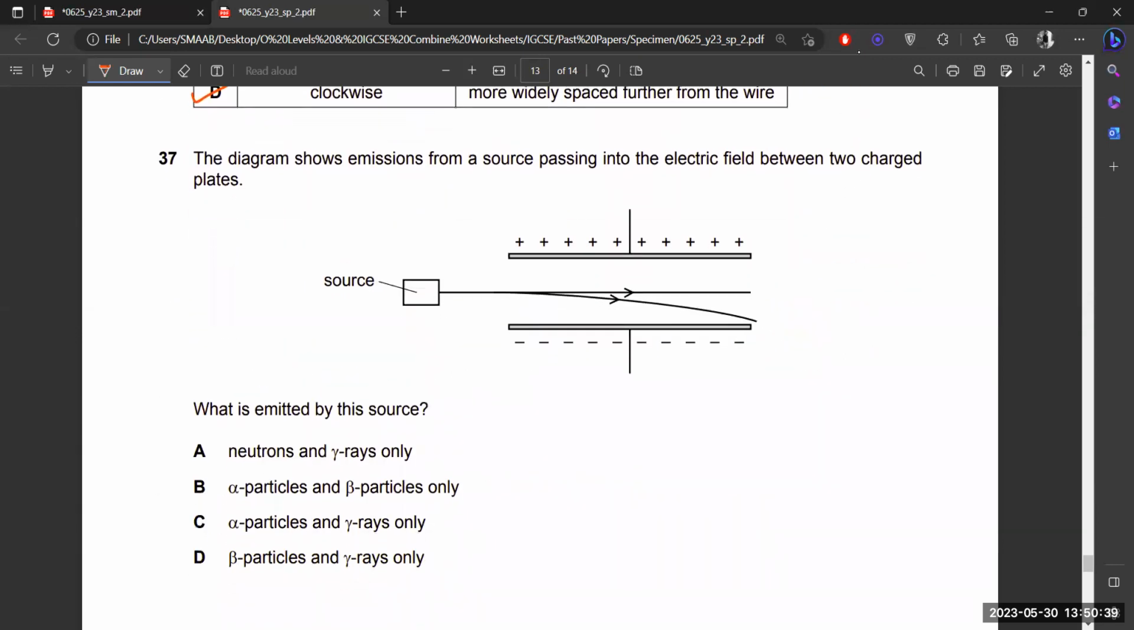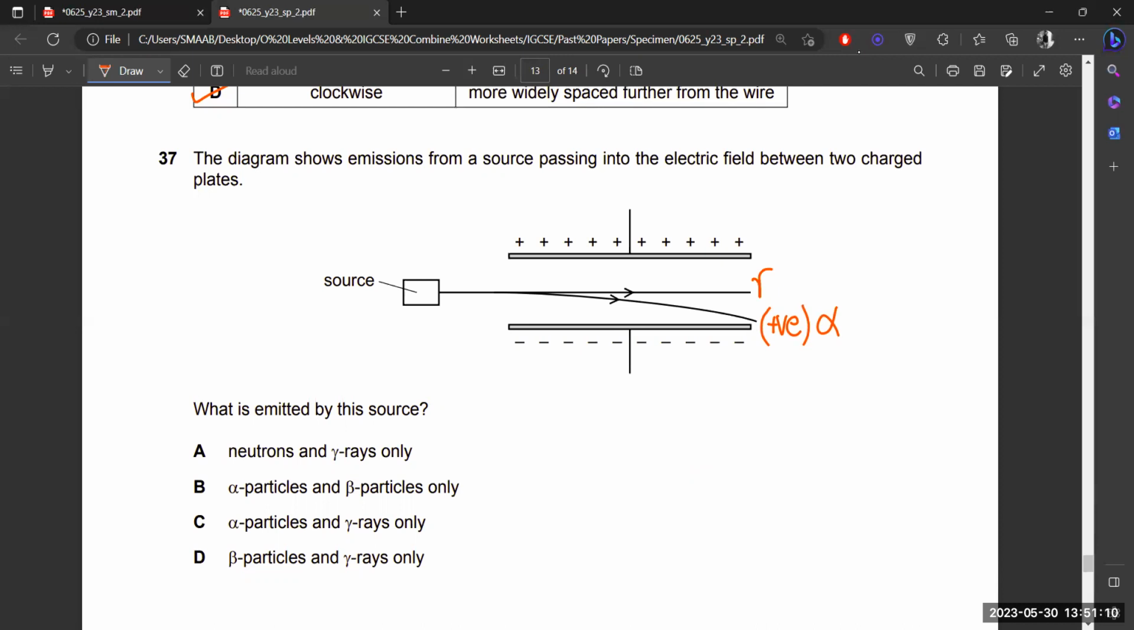Question number 37. The diagram shows emission from a source passing into the electric field between two charged plates. What is emitted by this source? So we know that one is moving in a straight line, that is gamma, because gamma has no charge on it, and one is moving towards negative. So that means there will be some positive type radiation, that is alpha. So alpha and gamma only, because there is no deflection towards positive, that means there will be no beta